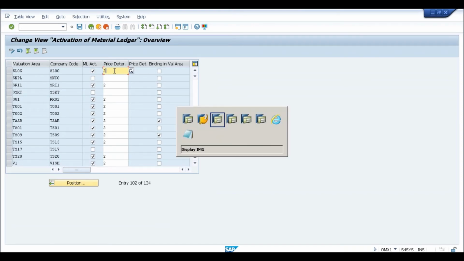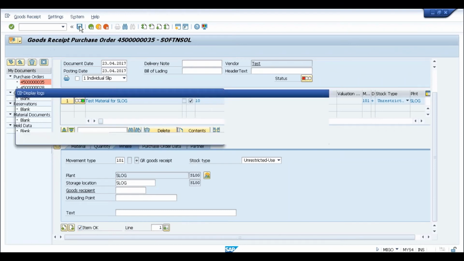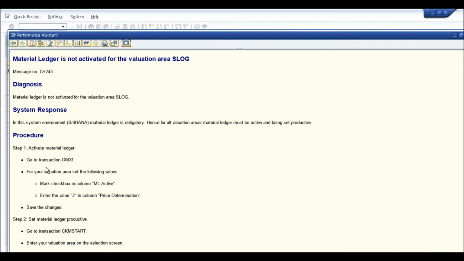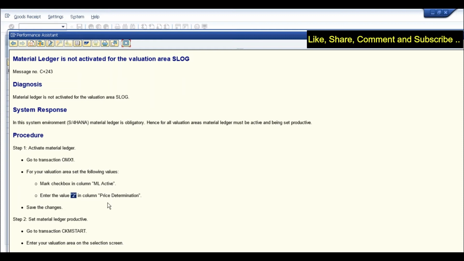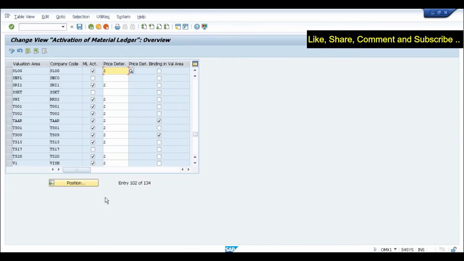If you see here, when you get the error, if I try to save this and click on the question mark, it specifically says to go to OMX1 and mark this as active, and in the price determination column, enter 2. So it is very clearly specified that you need to follow whatever is explained there.